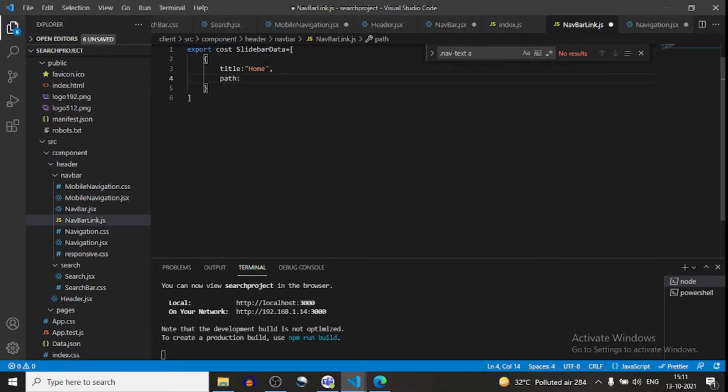The path will be the home page, and here will be an icon, and the icon we will import from Material UI.